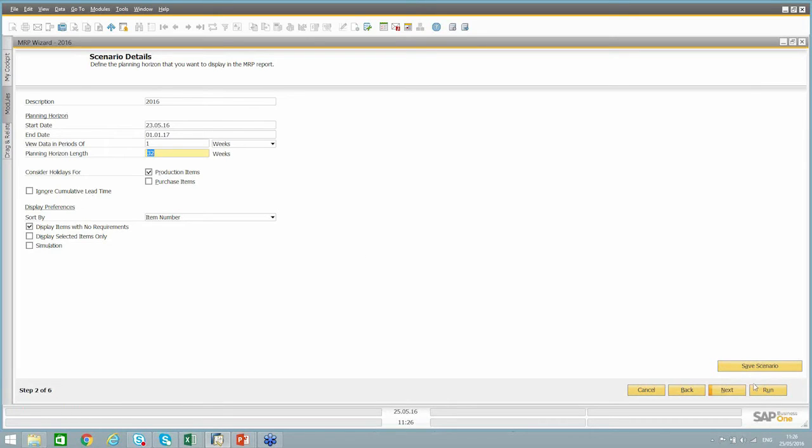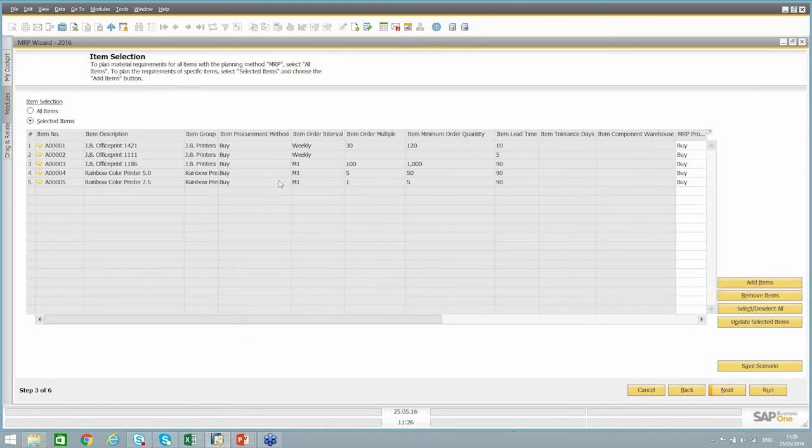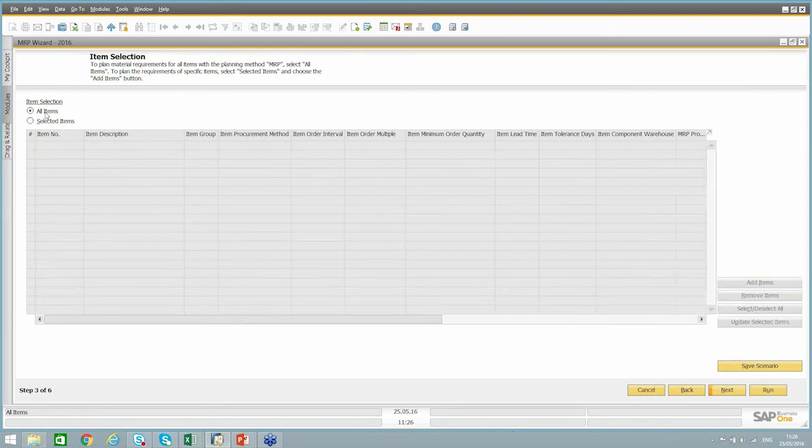Okay, so we've done the setup. Let's go next. On this screen, you pick the items that you wish to include in the MRP run. You can either say just select all items, in which case everything will be considered, everything that's marked as MRP on the item master will be included. Otherwise, you can go in and add items,